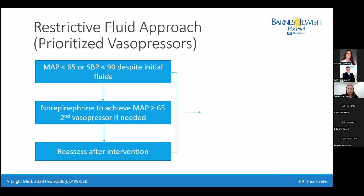I will say that the trial just recommended using norepinephrine first line, and the second vasopressor that they recommended was actually epinephrine, which I thought was interesting, as we know the guidelines recommend using vasopressin as a second line vasopressor in septic shock. In the protocol in this arm, you were supposed to continue to up-titrate norepinephrine and reassess as needed to maintain those MAP and systolic goals,